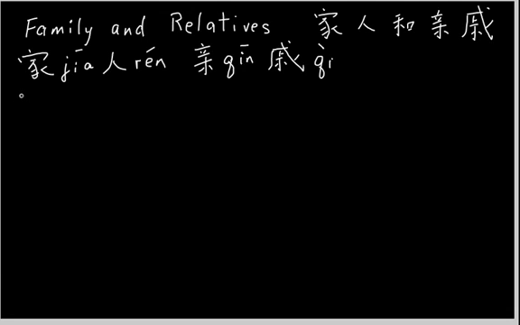Now, your mother is, as we've seen before, mama, with a woman radical on the left and the symbol of a horse on the right. It's ma, pronounced in the first tone, and it's usually repeated twice, mama. And then the father is baba, and it's the symbol of the father, fu. It also means father, fu, and then the ba underneath gives a hint of its pronunciation, in the fourth tone, baba.